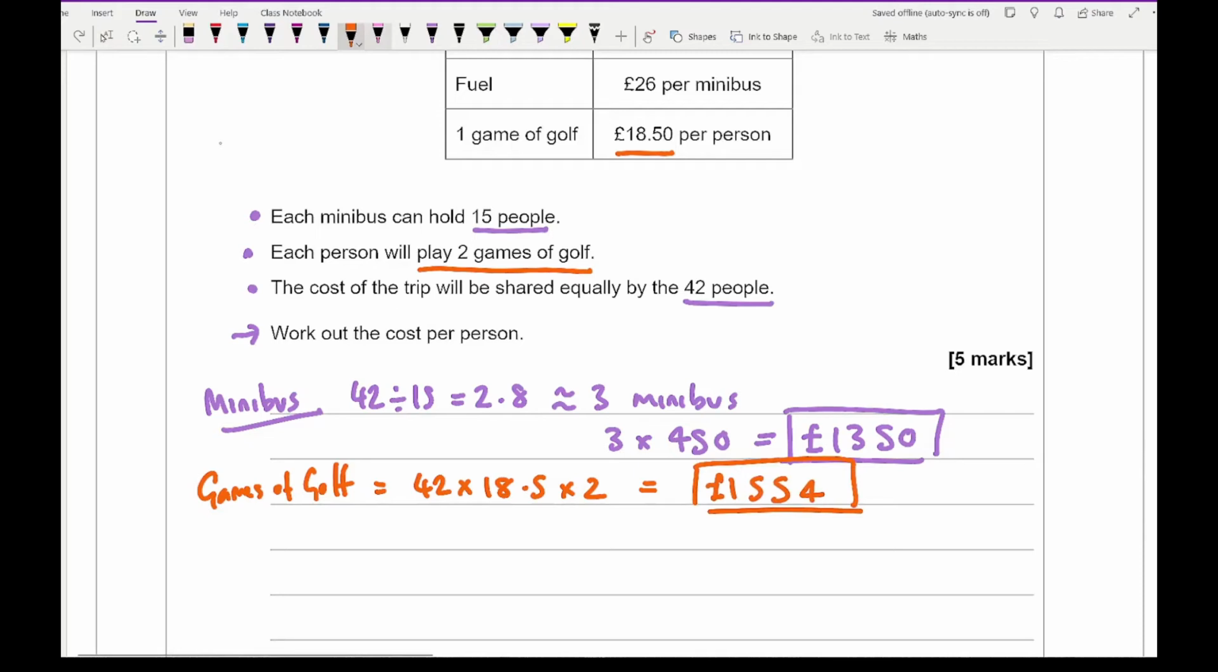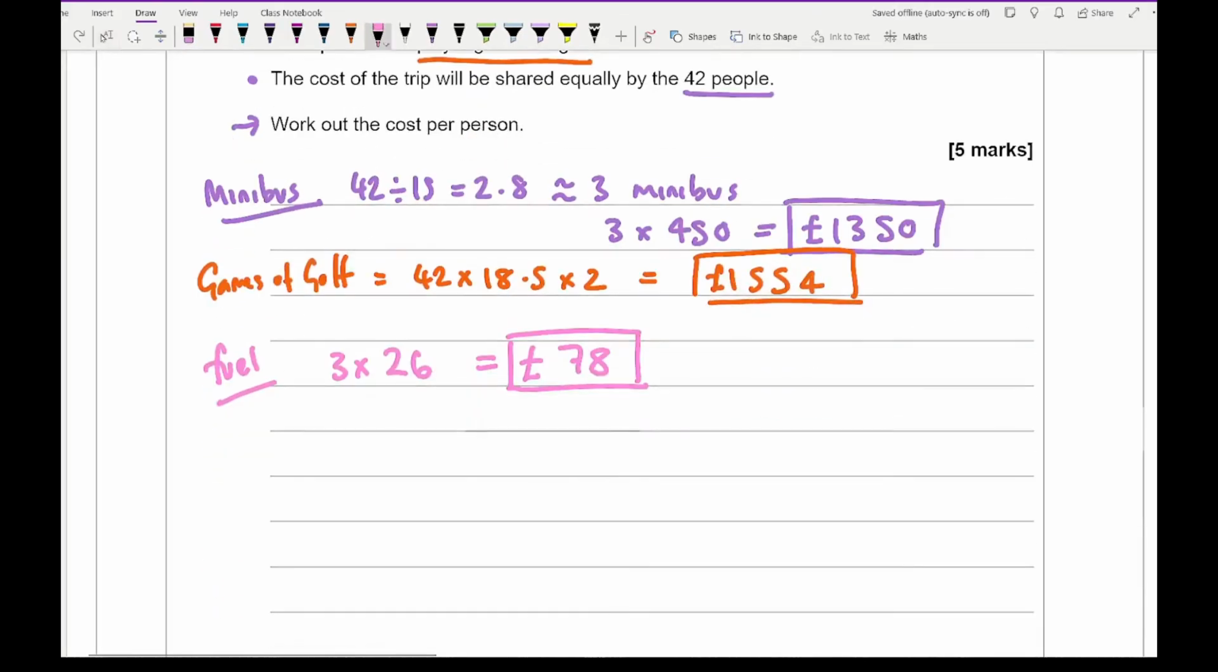Then the last thing that's added is the fuel. Fuel is £26 per minibus, and we've got 3 minibuses, so it's going to be 3 times 26, which comes to a total of £78. So all that's left for me to do is work out the total costs. Let's just get a different colour pen. So the total cost is going to be 1350 plus 1554 plus 78, which comes to a grand total of